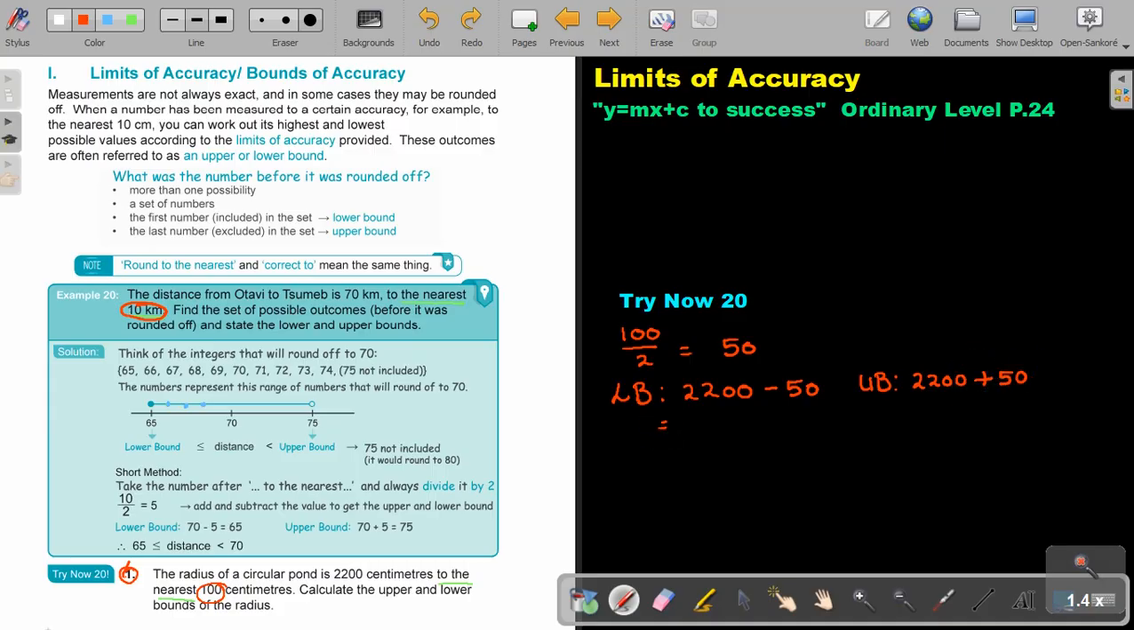And I'm going to get, in this case, it's going to be 2150. Okay? And in the next case, it's going to be 2250. Okay, calculate the upper and the lower bound. So actually, oh sorry, the pen didn't work nice. So 2250. So in this case, I can actually stop, but if I want to put it in a range, then